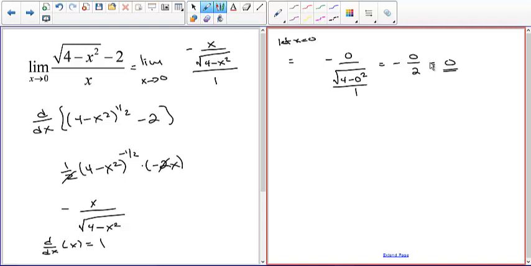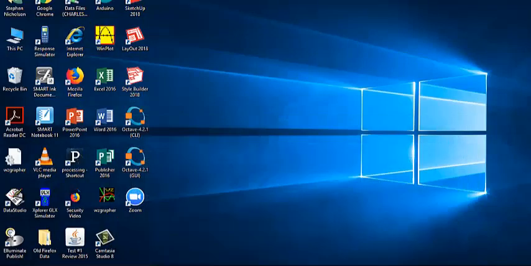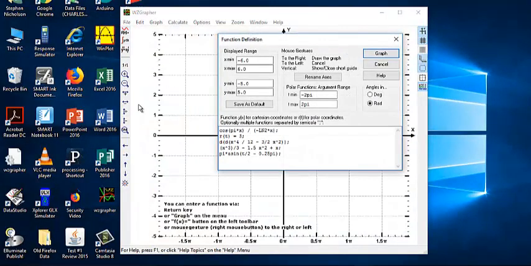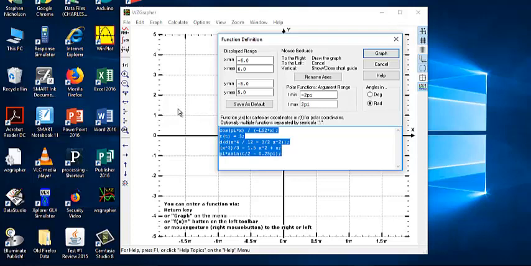Okay, so I'm not going to use rationalization, but one way we could prove this is true is just to plot this function and see what this is equal to at x equals 0. So let's do that. So we're going to show the limit graphically. So if we take the square root of 4 minus x squared divided by x, and we plot that,